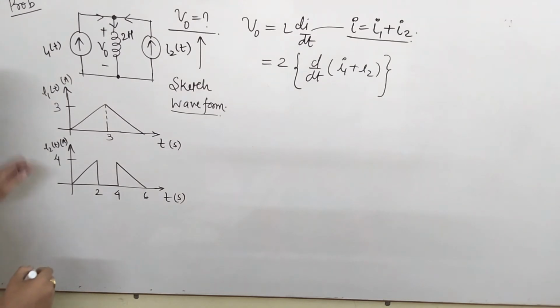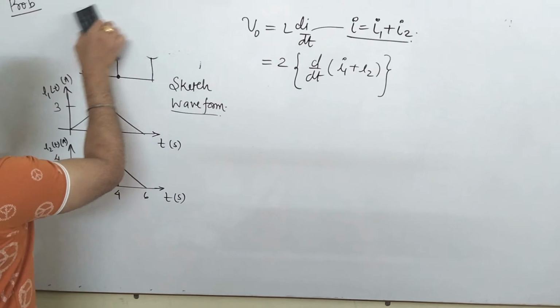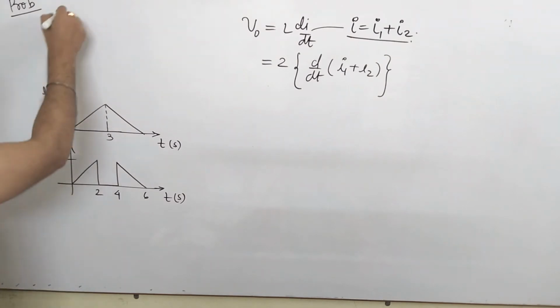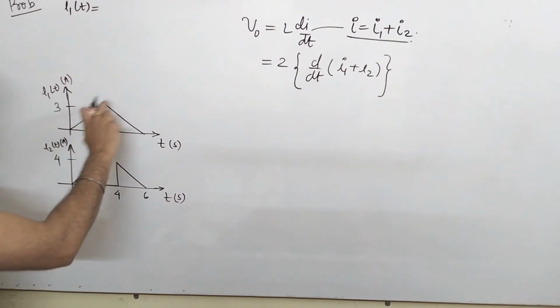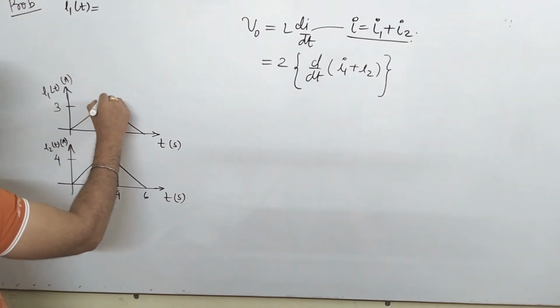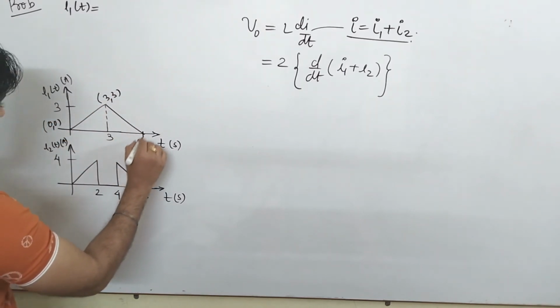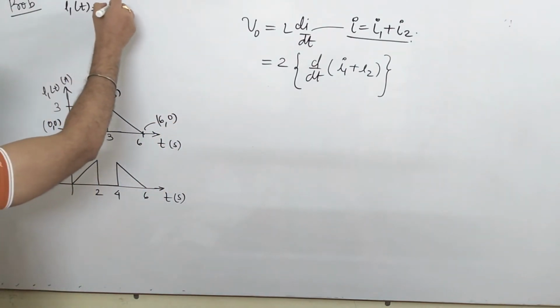Now our task is to find the value of I1 and I2. What is I1 and I2? Now see here, if I remove this diagram, we write here the value of I1. First of all, we will write the value of I1(t) in the form of waveform. Now see, this is again a ramp signal. Just by solving it with our mathematical way, this is your coordinate 3, 3, this is 0, 0, and this is 6, so that comes to be 6, 0. Find the value of equations.